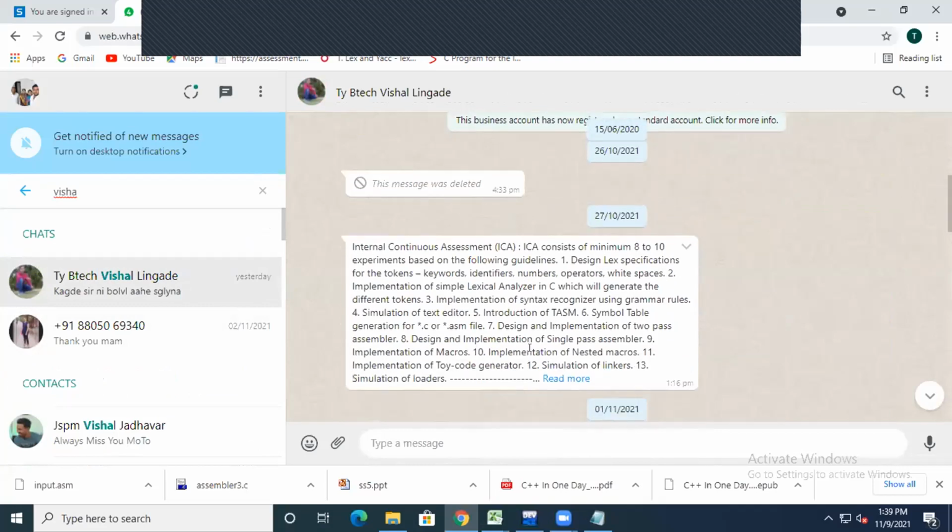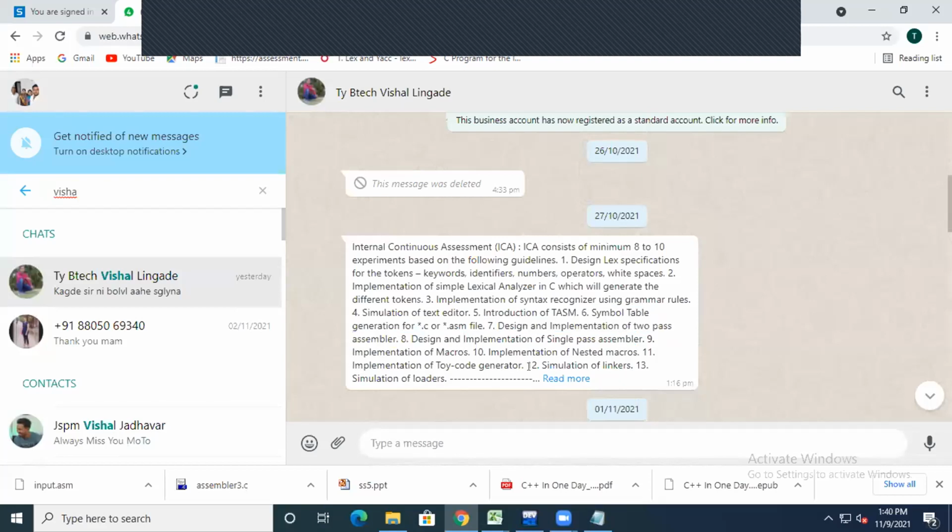These are our actual program statements, and already we had completed the introduction of TASM and simulation of the text editor. If anybody is having doubt, you can just right now clear that doubt. If not, we will conclude this part over here. Later on, we have to discuss in the next practical session the symbol table generation for .c and .asm files, and also the design of the two-pass and single-pass assembler.